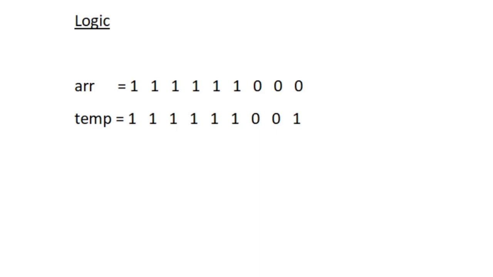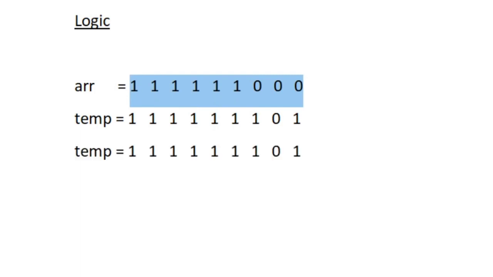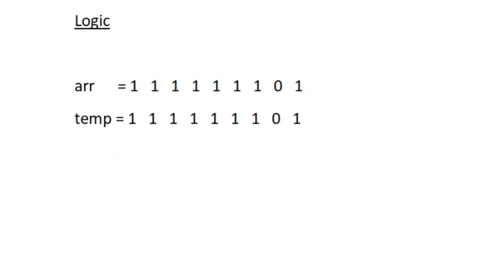And then the sixth integer is 1. So it can make the fifth and seventh integer 1. The fifth integer is already 1, so the seventh integer alone will be made 1. So we are making the seventh integer in the temporary array 1. So now the eighth integer will alone be left 0 in the second iteration. So again we copy the temp and paste it into ARR, and then in the final iteration all the integers present in the temporary array will be made 1.